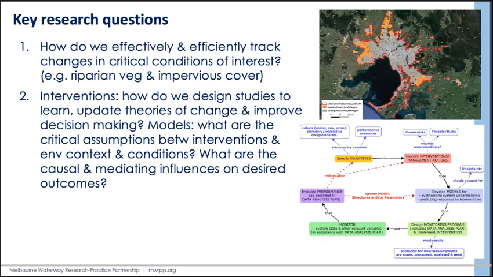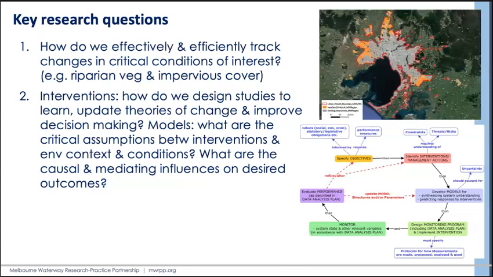Another example is environmental watering of billabongs. Given the ways in which river regulation and surrounding land use has been dramatically changed, how can environmental water be best managed to achieve ecological, indigenous cultural, and social values at the lower Yarra billabongs? This particular problem is the focus of subproject A2 on billabong watering.